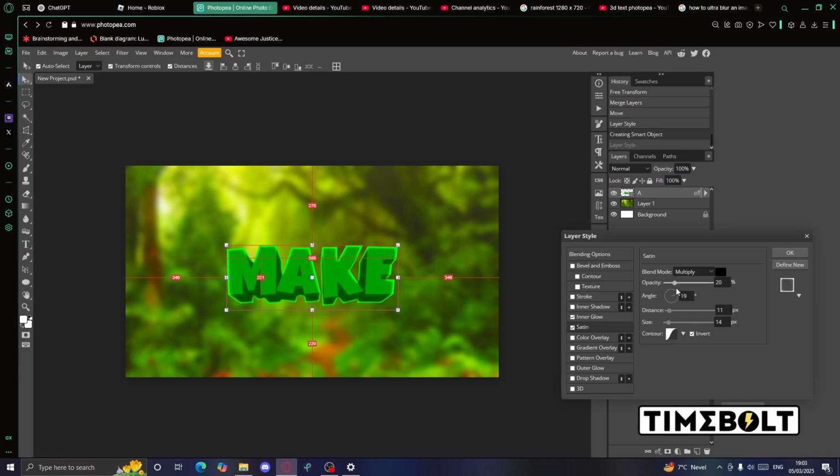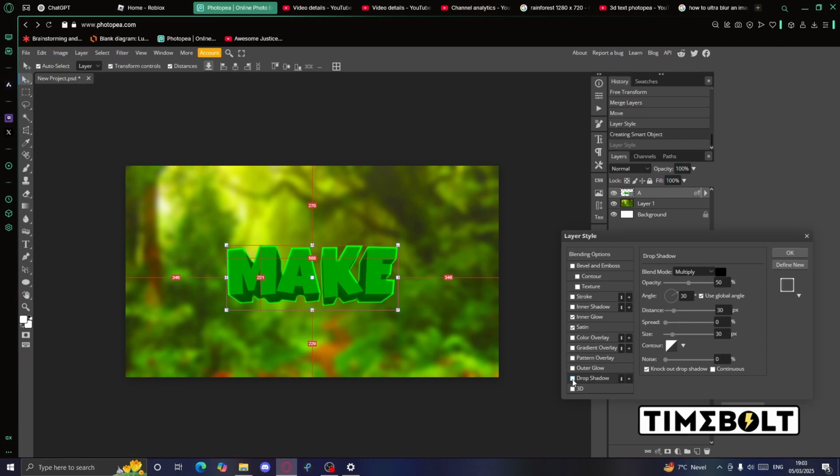So you can change it to whatever value you want. Personally, I think 20 is good here. And then just change the angle to 90 degrees, and then it just looks best. And then you can change the distance. So here, when you change the distance, it gets really weird. So I would suggest, obviously, just keeping it at 0 for convenience. And then size, when the distance is 0, it doesn't really make a difference. So just set it to however much you want, as long as the distance is 0.